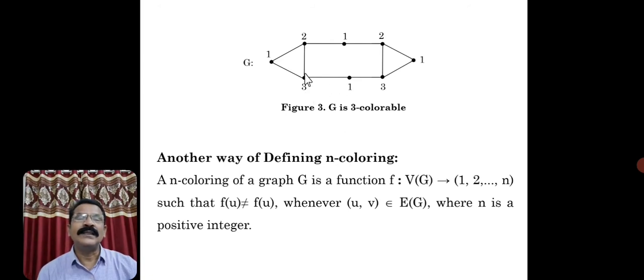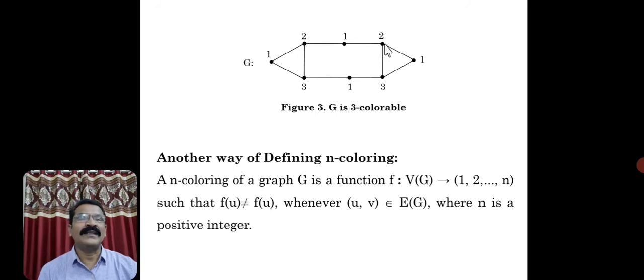So now see, the same graph we are coloring in a different way. First we have colored this vertex by color 1. So now these two vertices are adjacent. That's why we used the color 2. Okay, because you cannot assign 1. So now for this vertex, these two are adjacent vertices. You cannot use 2, but you can use the first color which was already used for some vertex, isn't it? You can use 1, the previous color, because these two are non-adjacent. So you can use the color 1.